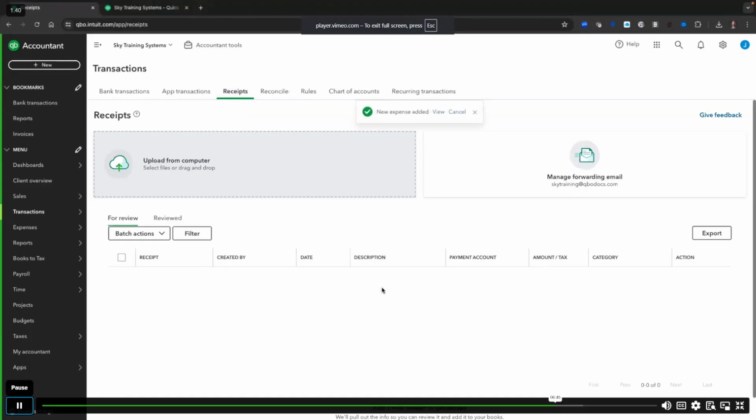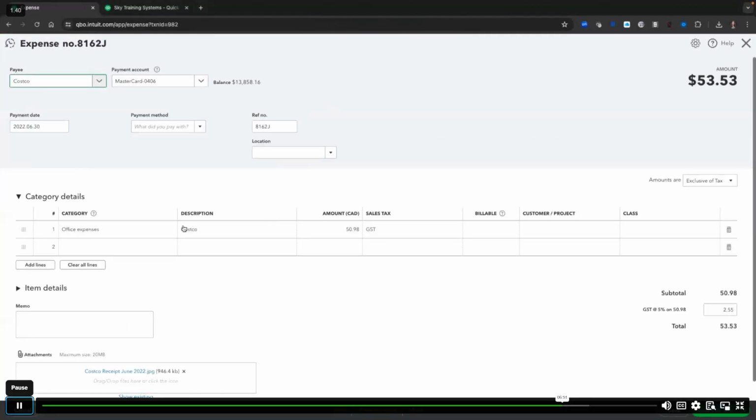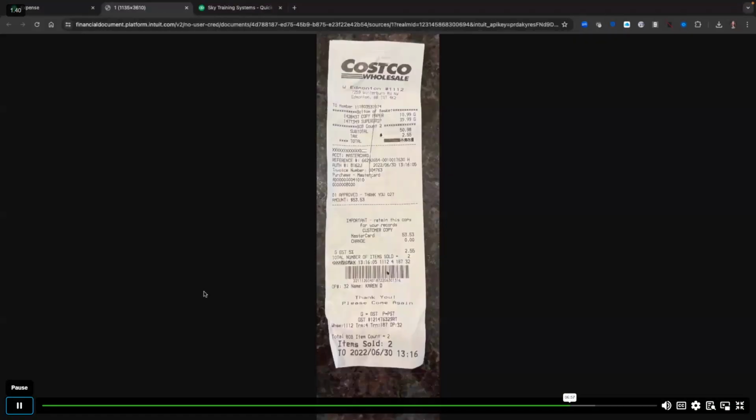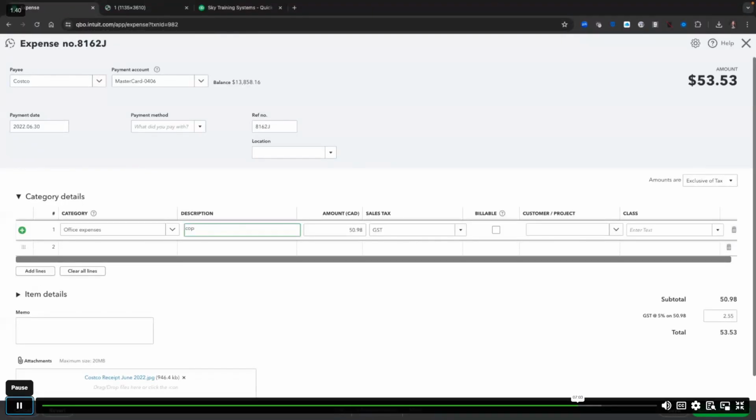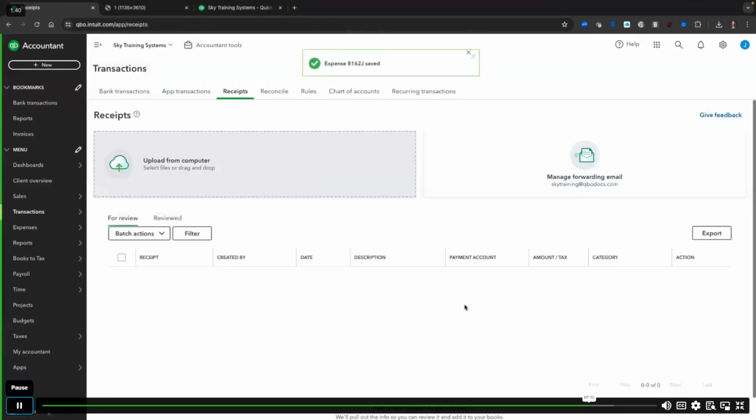report. It's a Costco receipt. And now it's been added. We can view that particular transaction and make any changes just in case instead of Costco, maybe we want to see what it is that we bought at Costco. Looks like some copy paper. And we could update that here to say copy paper. That's going to be a little bit more helpful. You see that it is attached and we can save and close, and we know that that receipt is now available to be matched up to